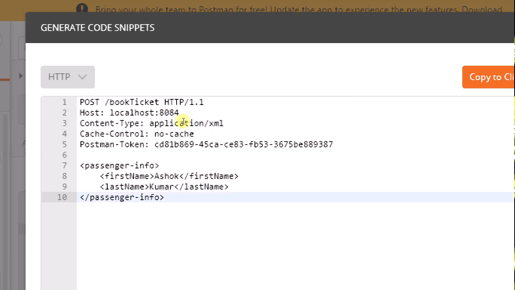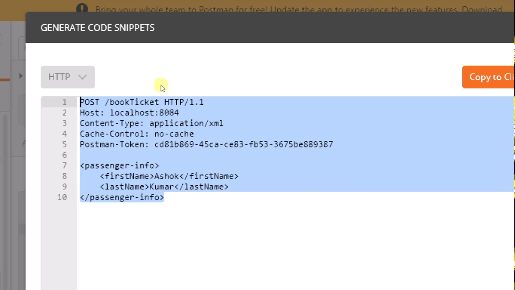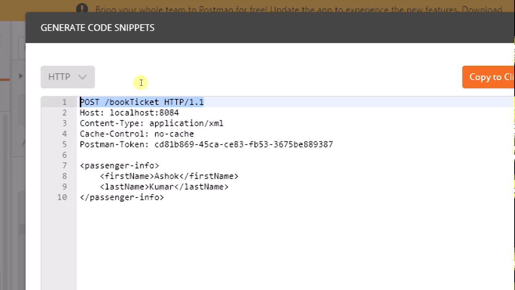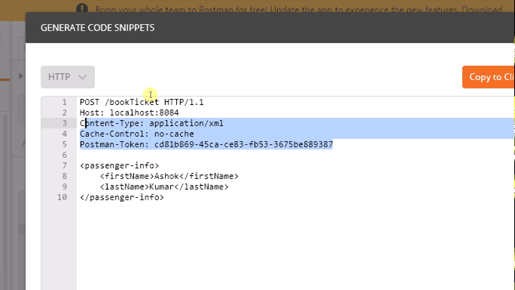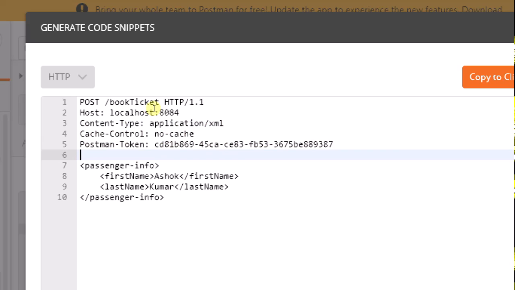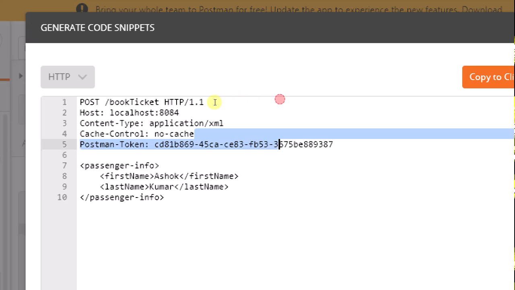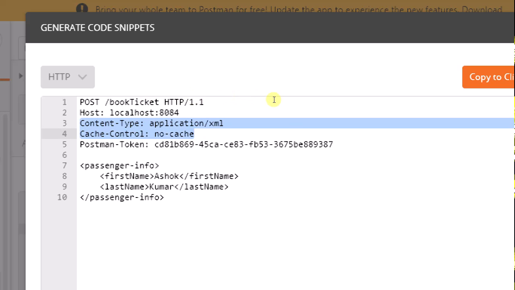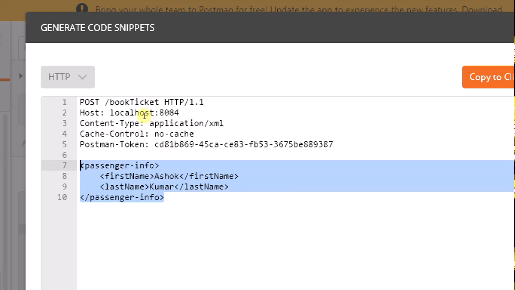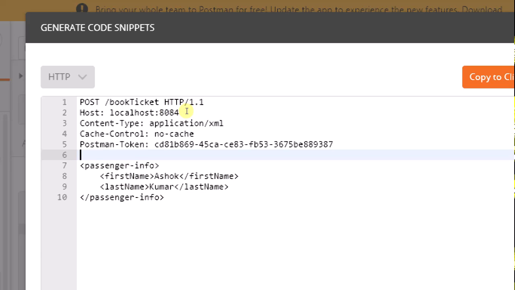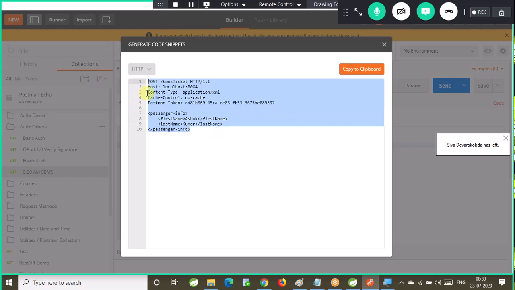This HTTP request only we are trying to understand for the last 1 hour. So this is the format, this is the structure of the HTTP request. This is the initial request line which contains the HTTP method, the URI, and the protocol version. Second line is the host. Now third, fourth, fifth, these lines are HTTP headers in the form of key and value. Sixth line is a blank line, which is used to separate the header part and body part. So these three are headers and this is the body. Body is nothing but payload. So to separate the header and body, one blank line will be available. Got it? So this is the HTTP request structure.